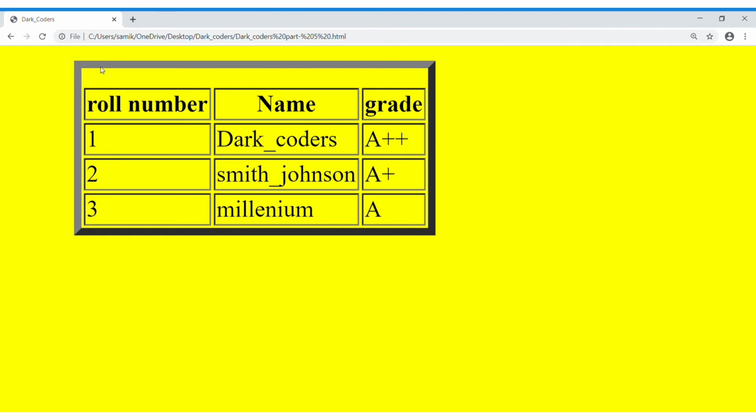At first you are able to see that the border color has been changed. Here gray, here dark gray. I have written in the end that it should be 10 upside. Name, roll number. Now after this we are going to give separate colors to this roll number, name and grade. So let's go to our coding page and do that.